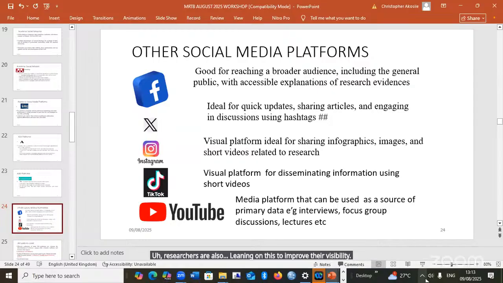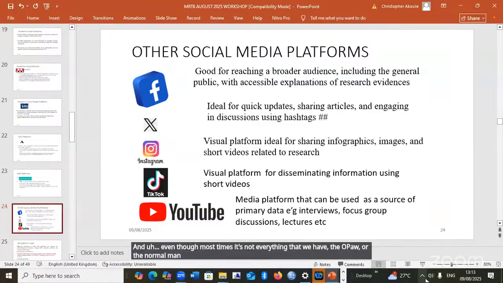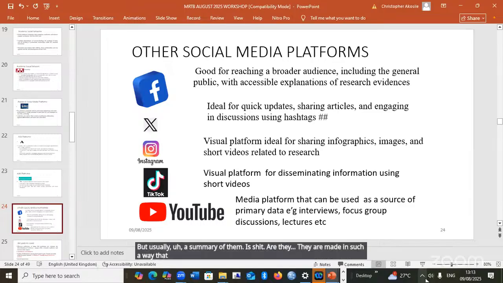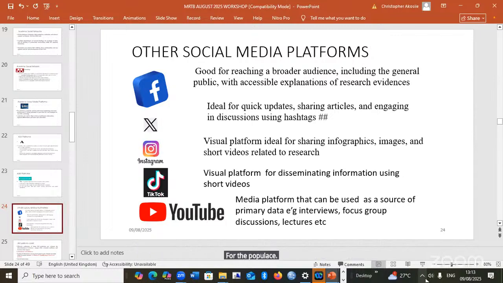Even though most times the whole paper or the whole manuscript is not shared on this platform, usually a summary is shared, made in such a way that it's easy, especially if your findings have implications for the populace, for the man on the street, for men in government who are not interested in reading scientific papers.